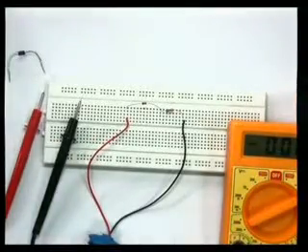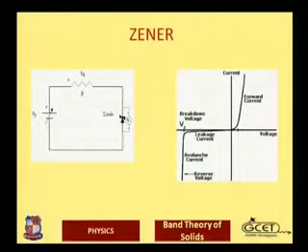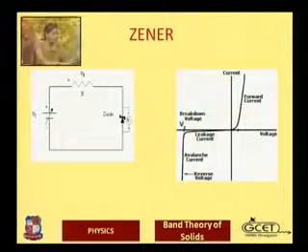Okay, so now we should understand the characteristics of the Zener diode in the graph. As I have told you, the characteristic says that it has the forward current starting from 0, and the forward current is one and the same as the PN junction diode. But since the Zener diode has a higher doping level, it has a very high tendency to be broken down with a very small amount of reverse bias value.